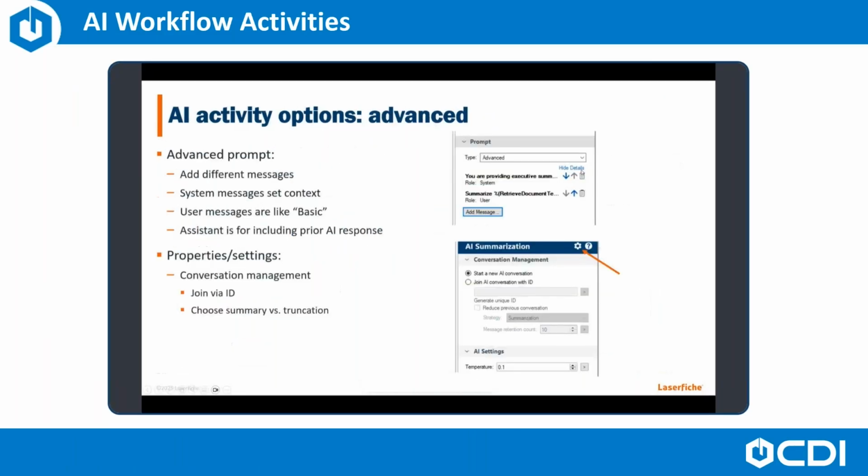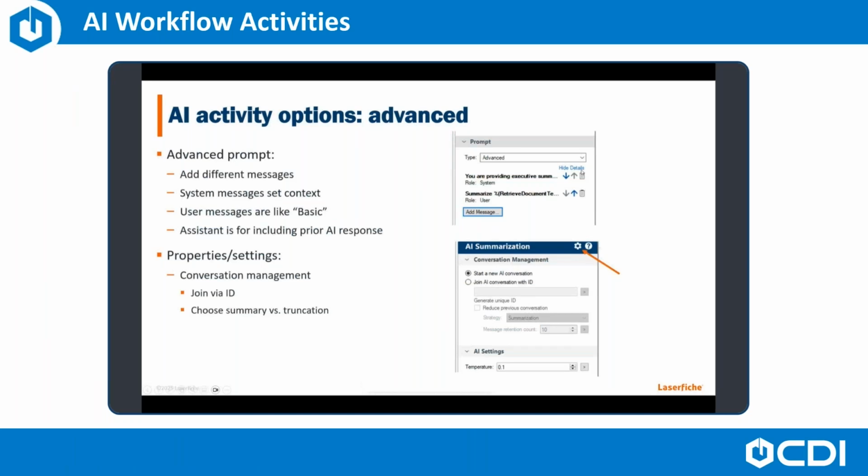The custom AI activity allows users to define specific prompts to use supported LLMs, large language models, for these tasks, which the results are then used to drive subsequent actions and populating metadata, routing documents, all of that. All of the natural features that you're used to achieving with Laserfiche workflow are in play. These AI activities are integrated within the traditional workflow activities to automate complex business processes without requiring any code.